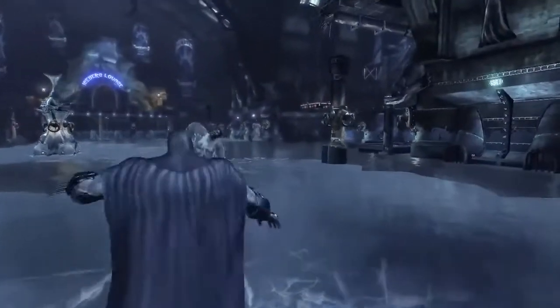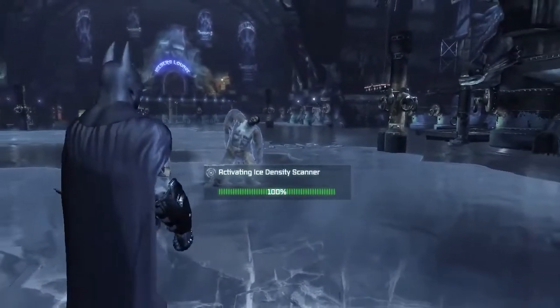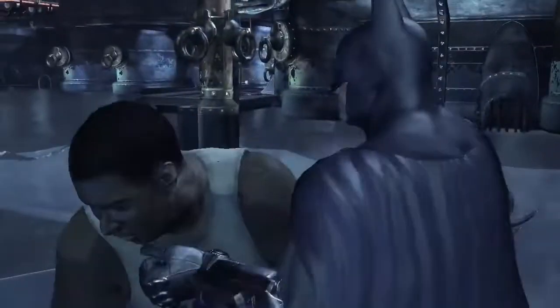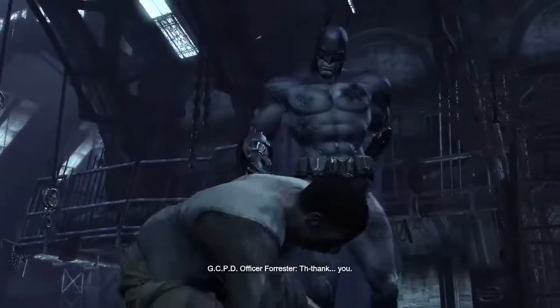Yep. Crap. And here's a bit of advice: when you're going on this ice, you're gonna have to go around it really slowly because, like we mentioned, the ice is a little bit on the not dense side, so you have to be careful maneuvering around it. Again, it's amazing that that other guy didn't just crush whatever...